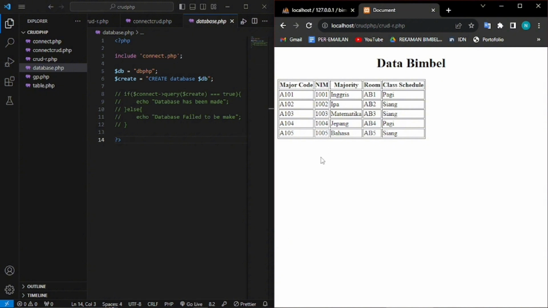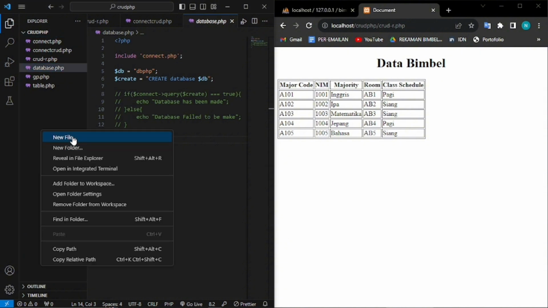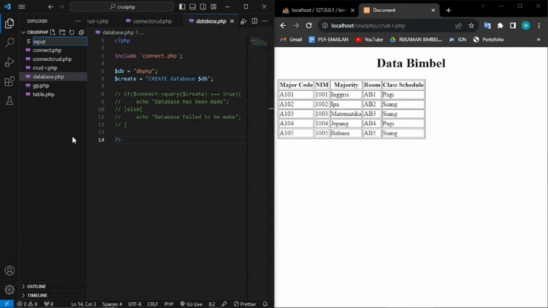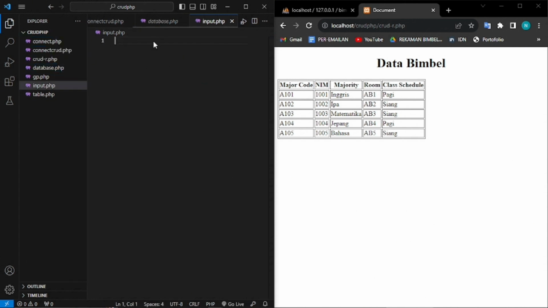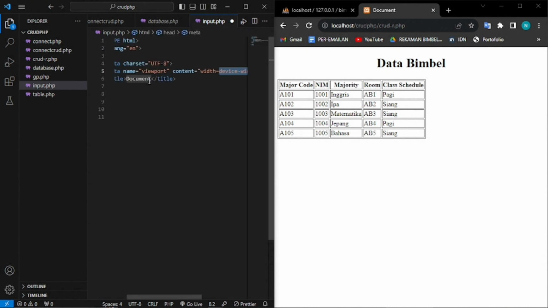After that, we're gonna make how to input a data without do it manually. So when someone want to input it, the data will automatically add to this table. So we're gonna make a new file called input.php like this, and then we're gonna call the structure of HTML, and I'm gonna change the title here into input new data